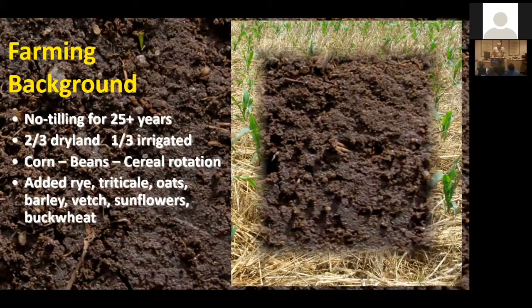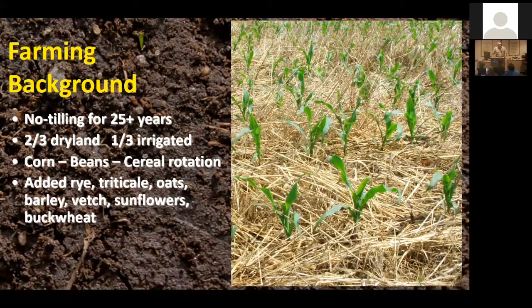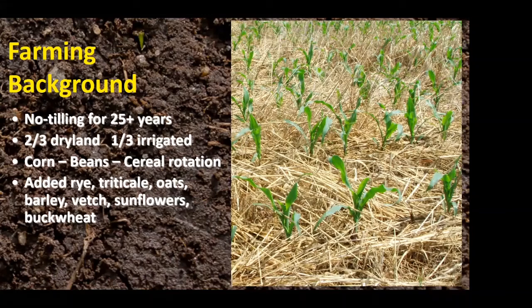We have been no-tilling for over 25 years. We are 2/3 dry land, 1/3 irrigated. Corn, beans, cereal is kind of a typical dry land rotation. Corn, beans only would be the typical irrigated rotation. But over the last several years, we have added some of these other crops to what we grow, partly because we wanted to have the extra diversity, and also partly because we can sell them through our cover crop